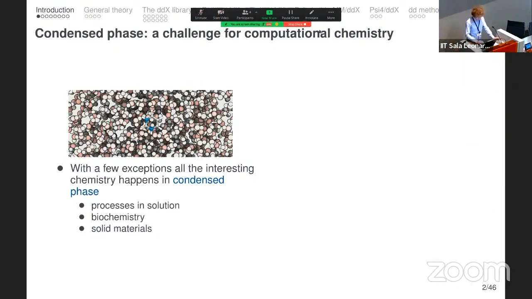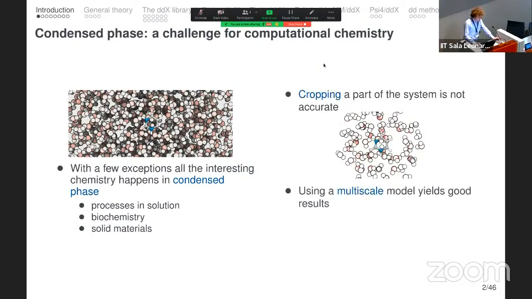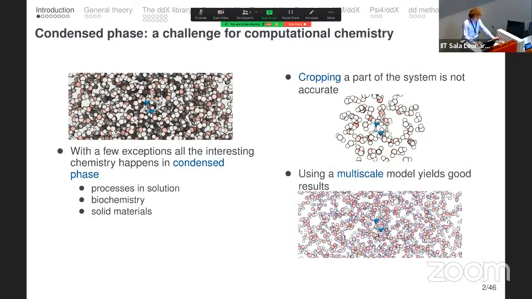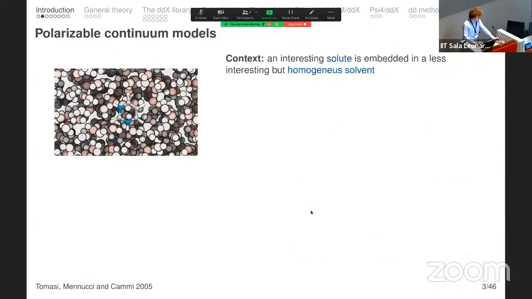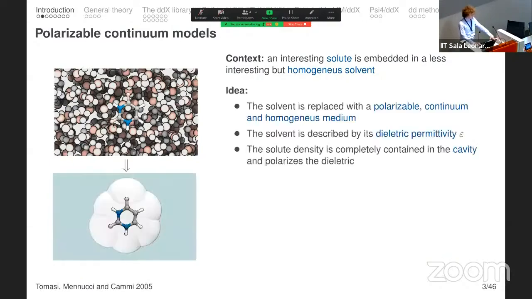A better idea is to use different models for different parts. We usually use a more accurate model for what we are interested in and something more approximate for the rest. And in particular, if the environment is quite homogeneous and we have an interesting solute in it, we can go to a continuum description where we use some simple parameters to describe the solvent, and everything becomes a classical